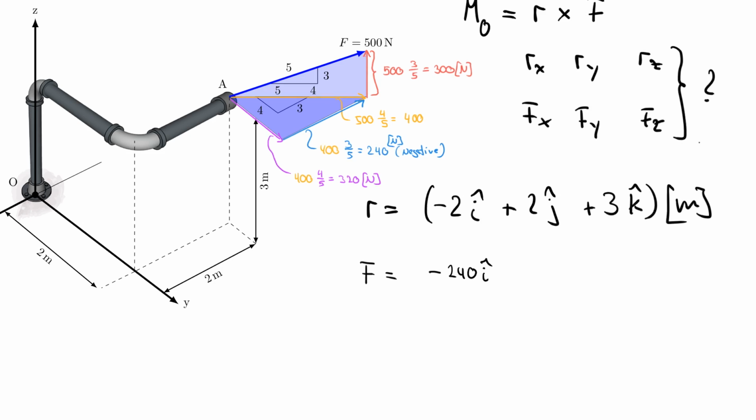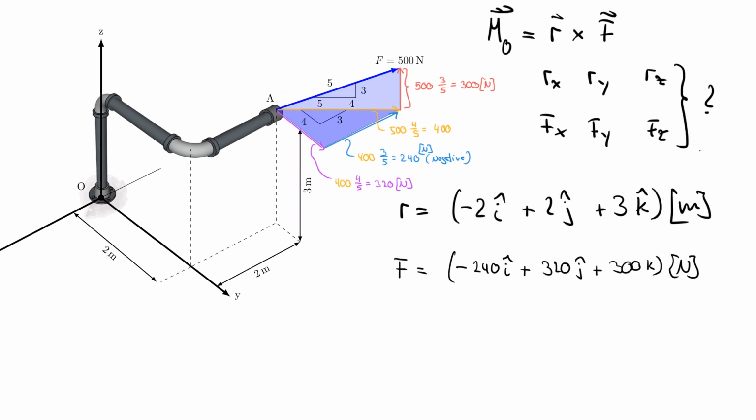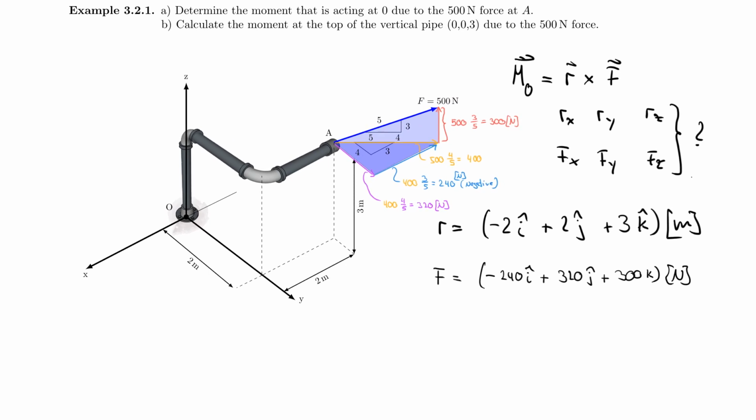The y direction is positive with 320 j hat, and the z direction is also positive with 300 k. And that, of course, now is in Newton. And that is really the challenge to these problems for a beginner, right? So solving this is not really difficult. That's just mathematics. Of course, we're going to do that now. But please understand that the art is in